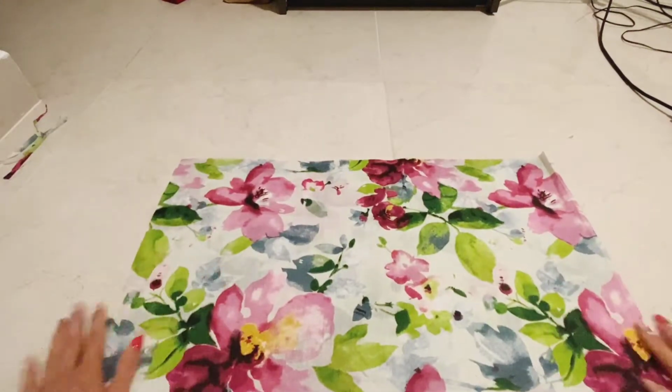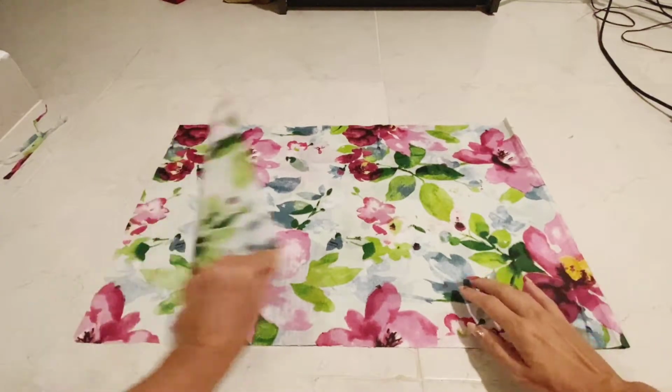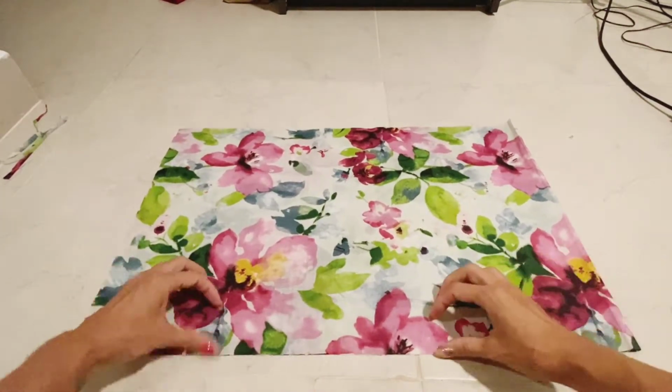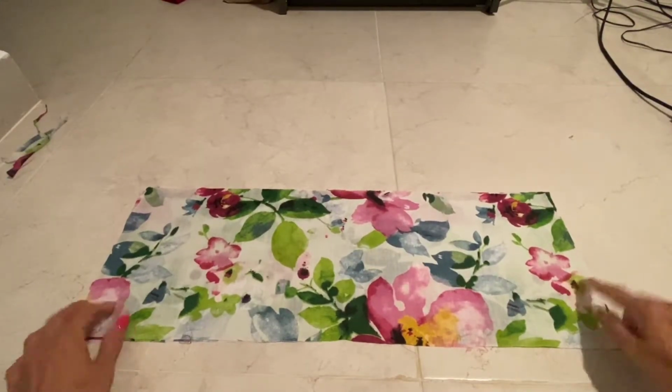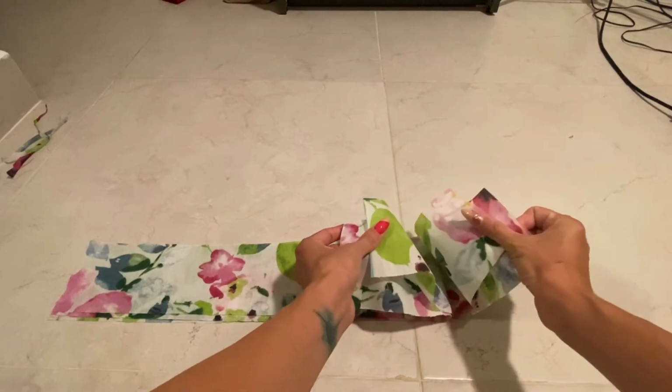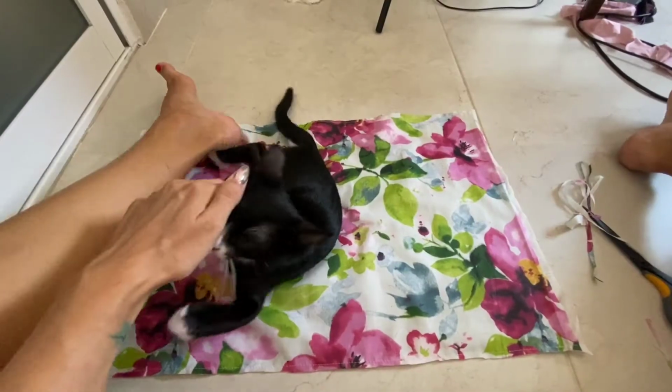Today I'm making this cute summer set, and the top is going to be this floral pattern fabric, which is cotton, and for that I need 2 rectangles for the top panel, 2 rectangles for the sleeves, and 4 rectangles